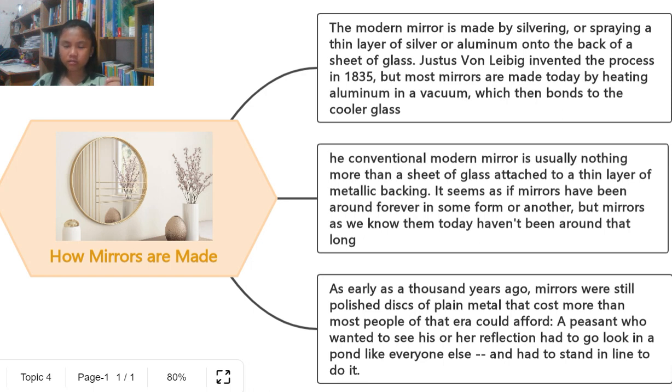Well, the modern mirror is made by silvering, or spraying a thin layer of silver or aluminum. The aluminum or silver is sprayed as a thin layer, like it's just a thin layer of silver or aluminum. Sometimes it could be silver, sometimes it could be aluminum. It is applied on the back of a sheet of glass. On the back,